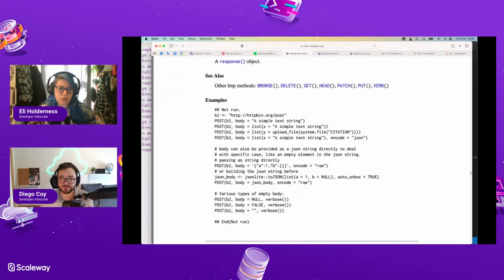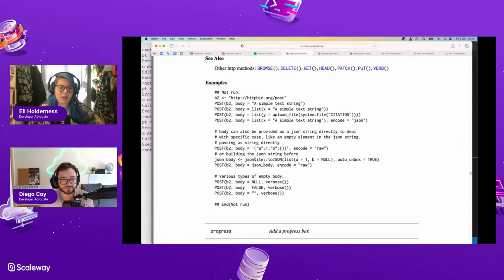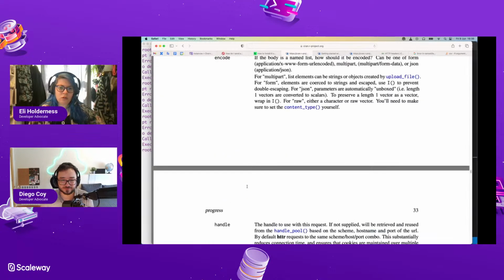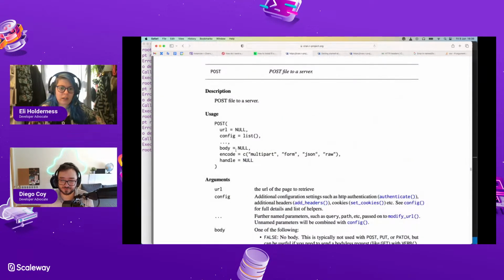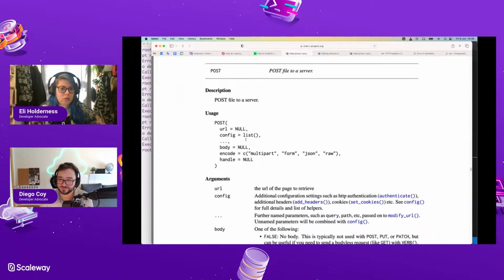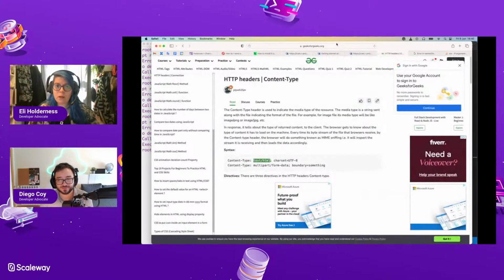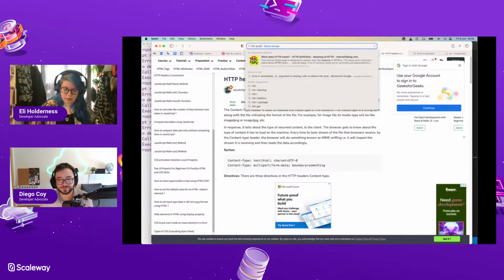But in the examples, I wish they had an example that had the config in it. Encode, multi-part form. Body is a named list. For JSON, parameters are automatically unboxed. Make sure to set the content type yourself, which we are. HTTR post example.